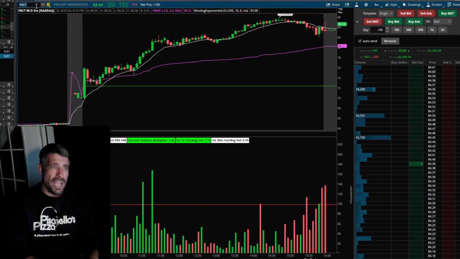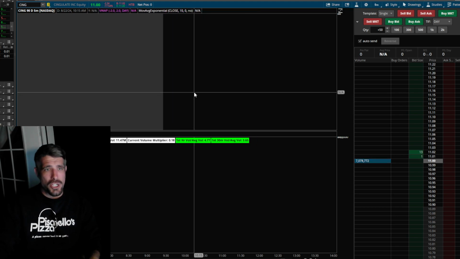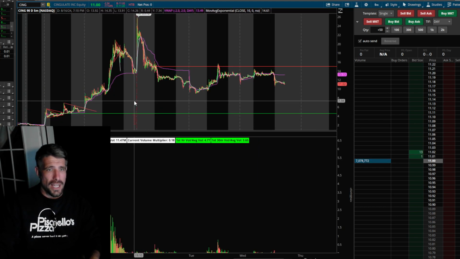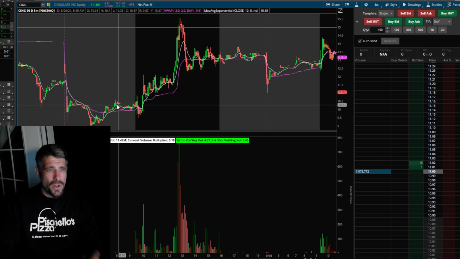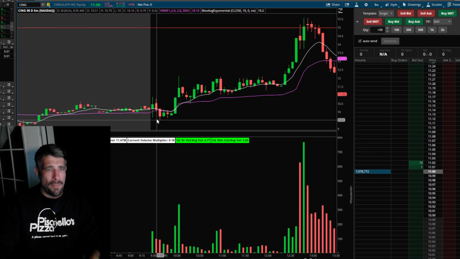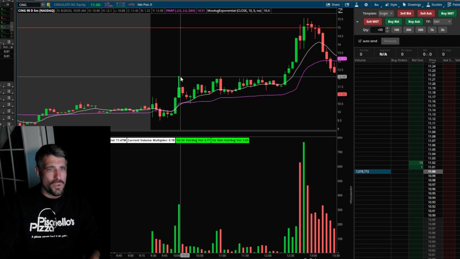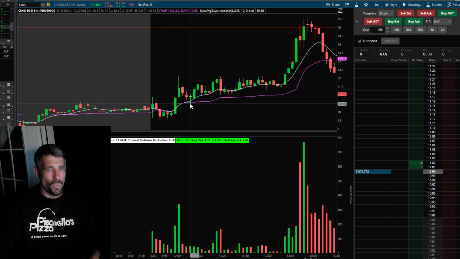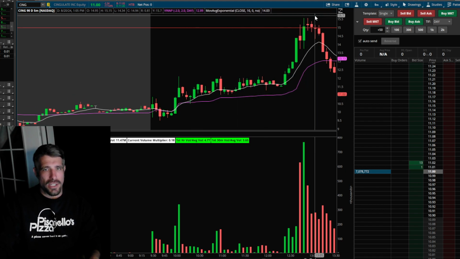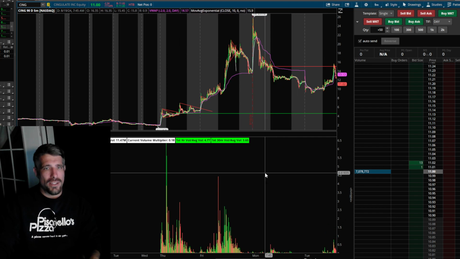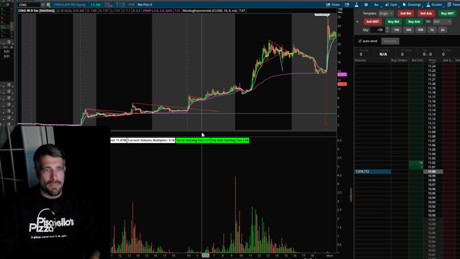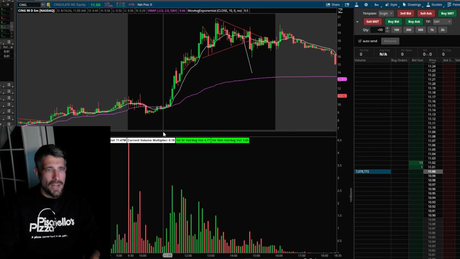There's many other cases, like I was looking at CING the other day. Now, this is a rip your face off stock, so you've got to be careful. But look at this trade right here, guys. The volume came in right here in the morning. Big volume comes in the morning, and then it shoots up. It's under VWAP. Boom, it shoots up above VWAP. It comes back down. Boom. It retouches that VWAP, and then look, it just takes off, right? And so there's many, many ways to take this trade. I think this was one of them too.